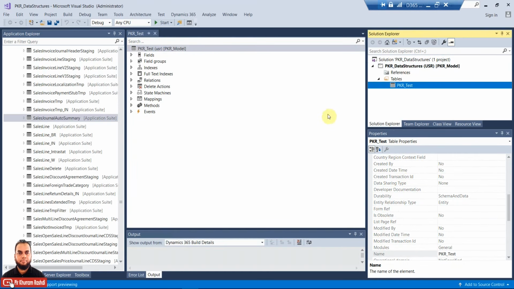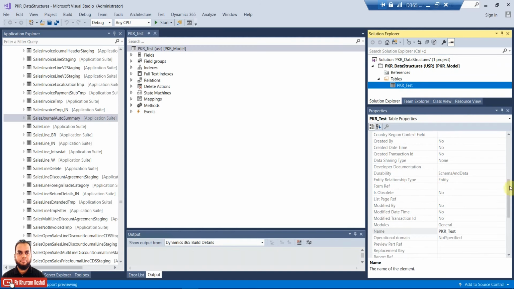So now this table is created, and now we can see in the properties.